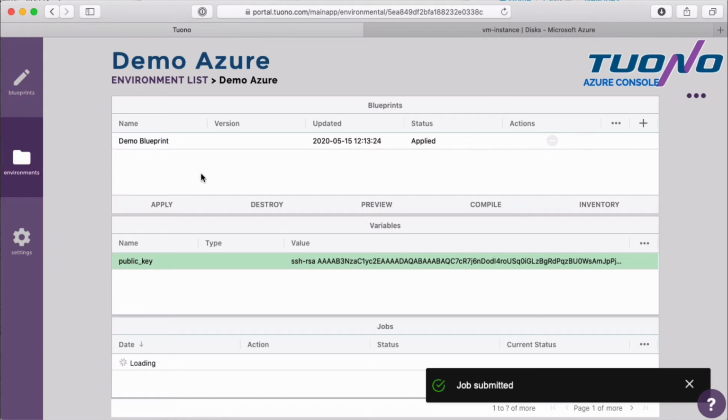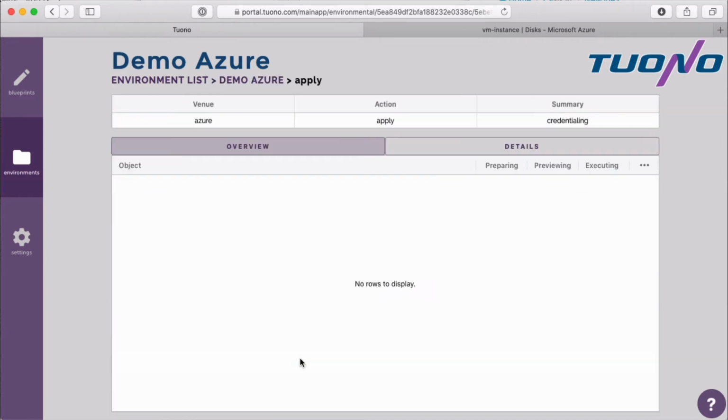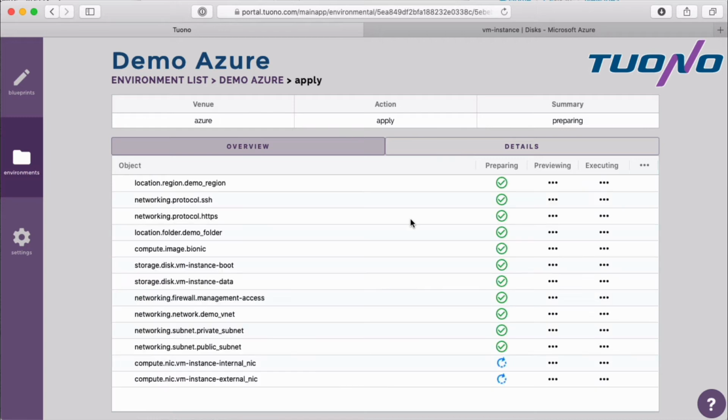We could do the same thing to apply it into an AWS environment. It's the same exact blueprint that we could use in either case. If we look into the details here, what we see is our Azure environment is going to go through 3 phases. The first phase is this prep phase, and this is where we do all the conversions from our objects